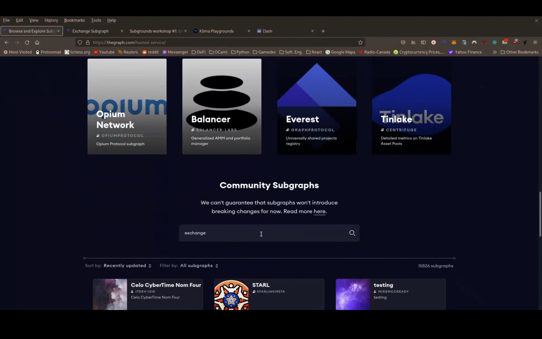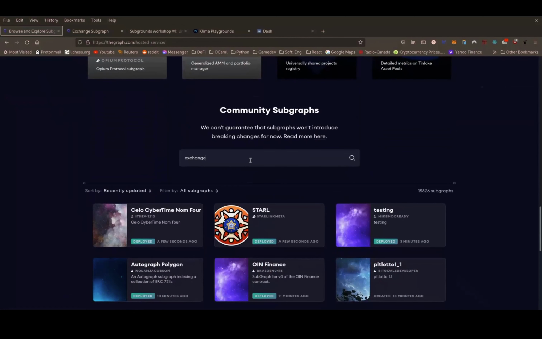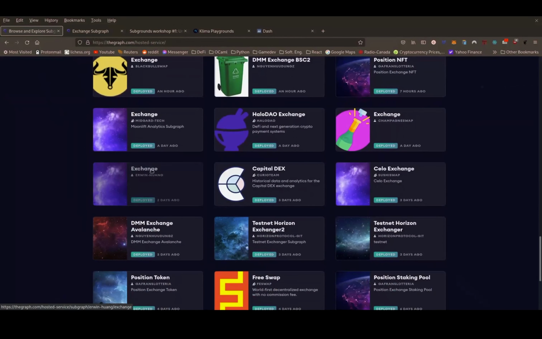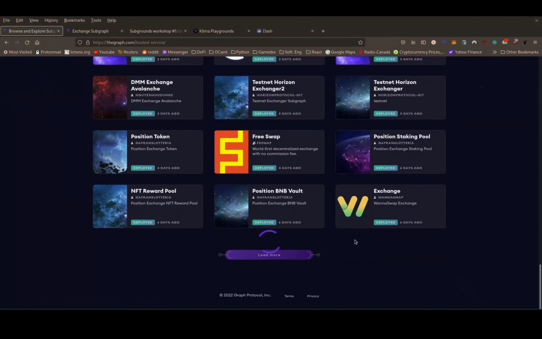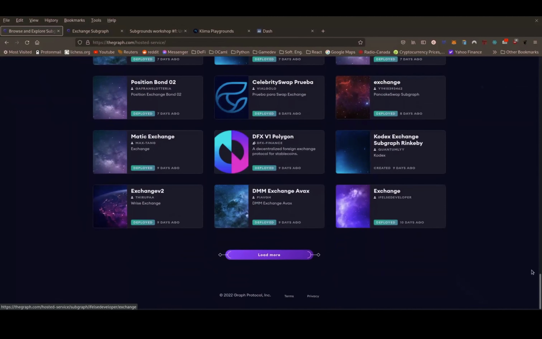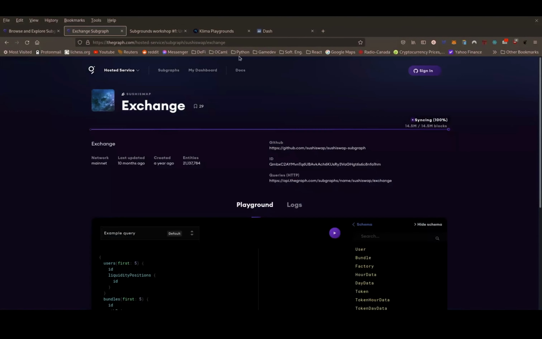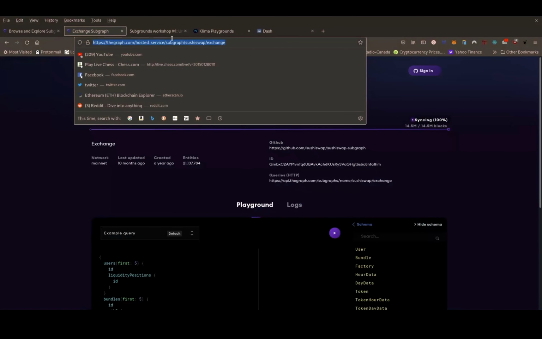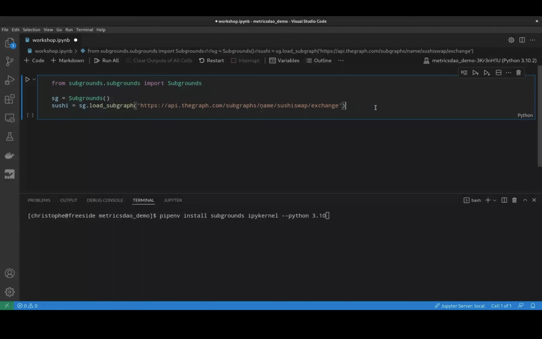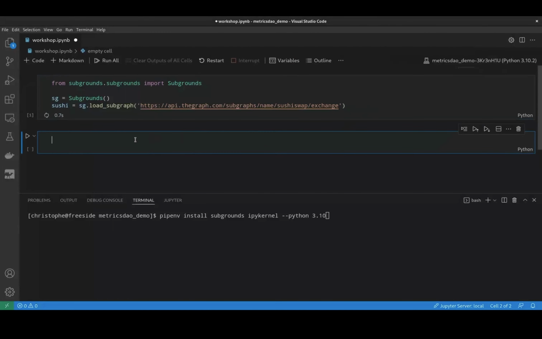But in our particular case, it's going to be the SushiSwap exchange subgraph, which I have open here. You can find the query URL here. And this is what we'll be plugging into Subgrounds. So you copy that, plop it there,